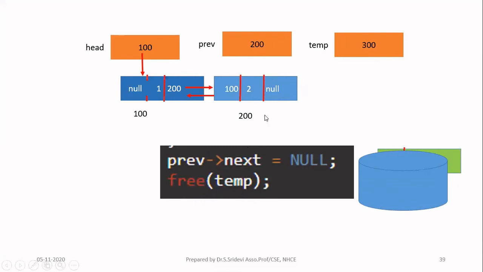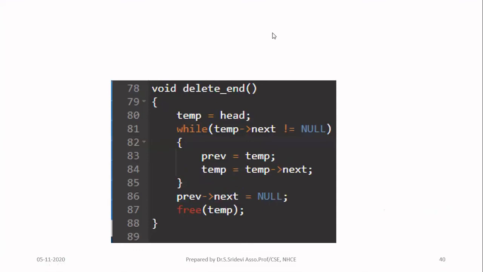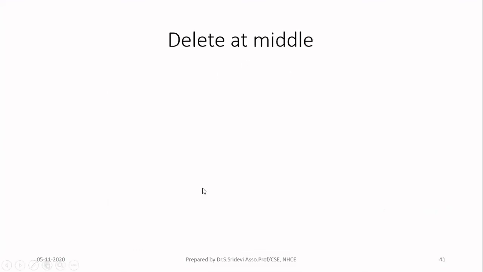So now if you see, deletion in a doubly linked list is very simple when compared to the singly linked list. So always the doubly linked list is making our process simple. That's why many people go for a doubly linked list if they don't worry about wastage of memory. Now all the steps are written here.